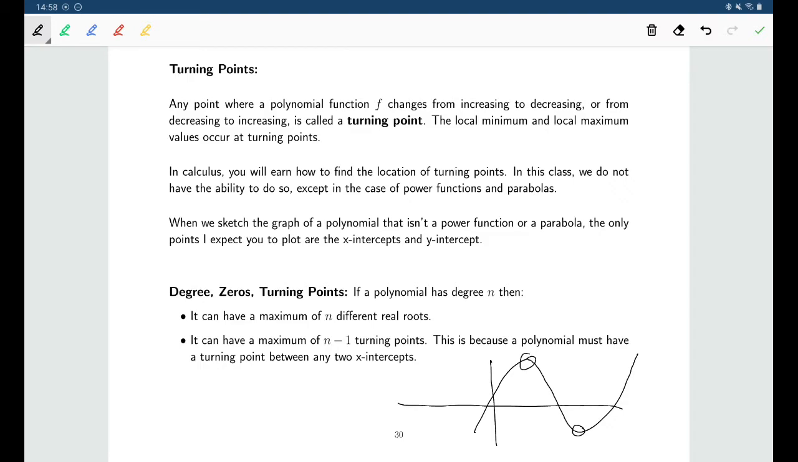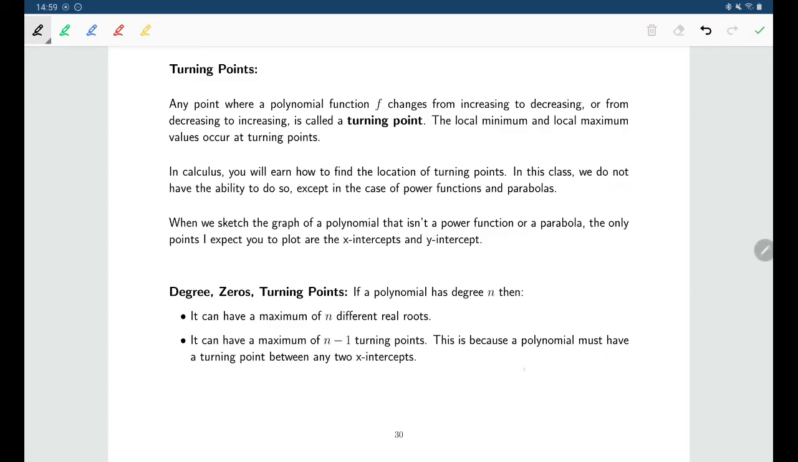Now, unfortunately, except for parabolas, we don't have the ability to find the location of those turning points. For a parabola, those turning points, that would be the vertex, and that's easy enough for us to find. But once we get beyond parabolas, once we get beyond a second-degree polynomial, the locations of those turning points are